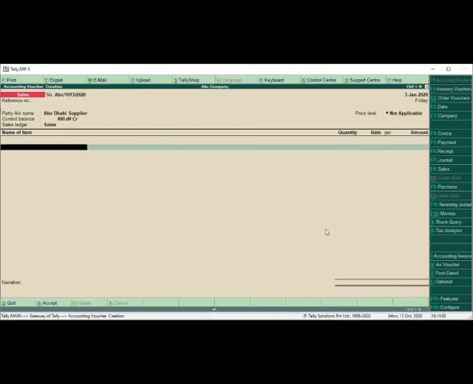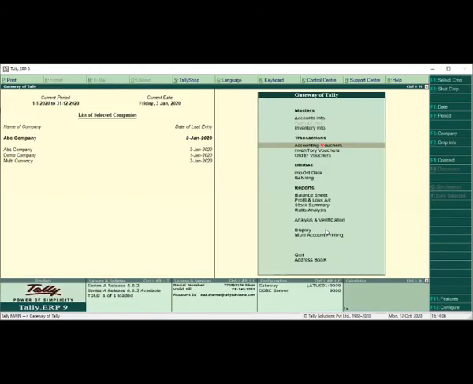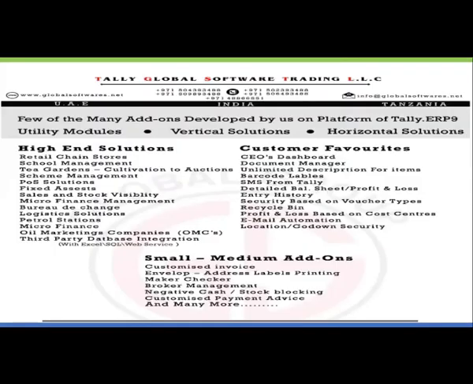So there is no requirement to make changes in the units. I hope the issue has been rectified and you don't have a further query.